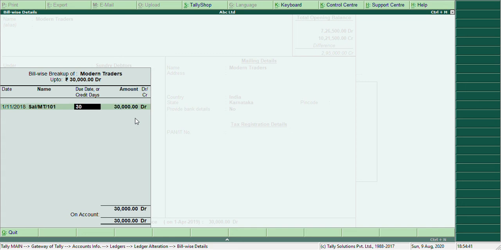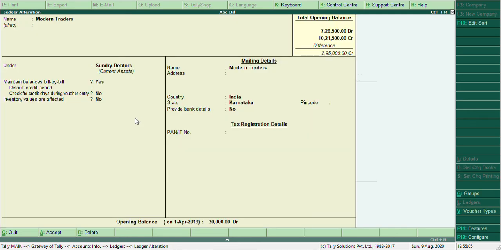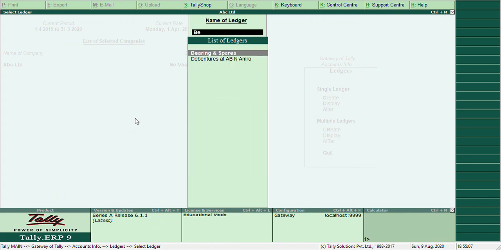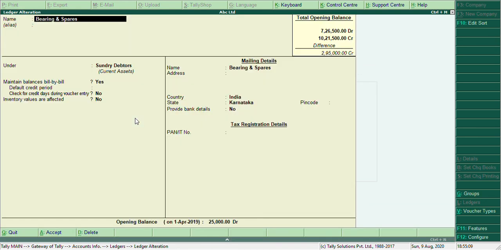Sorry, that is the bill number. 18,000. Next bill date 1st February 2019 and bill name sale. 12,000. Accept. Next party will be Bearings and Spares.